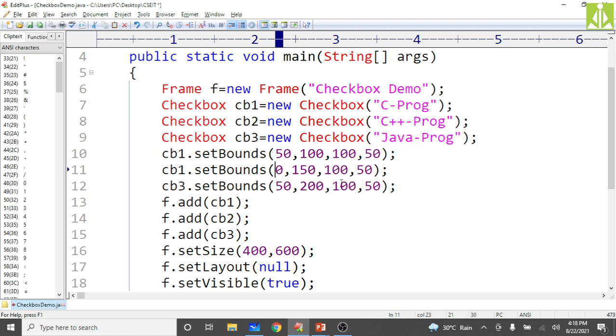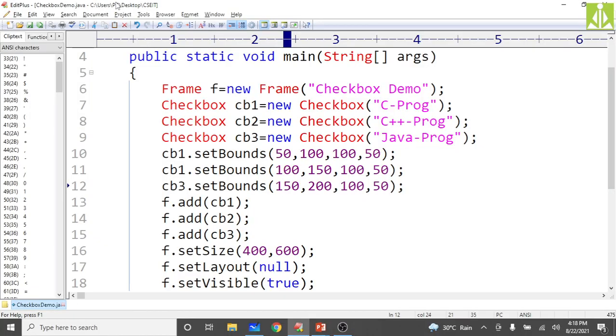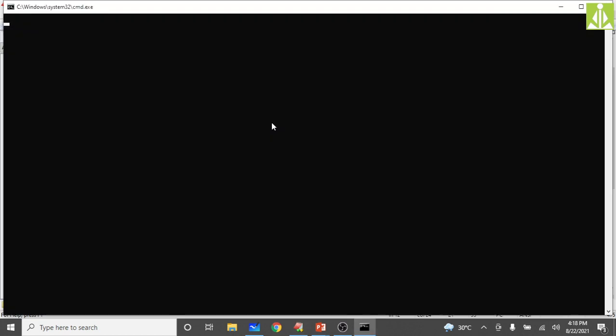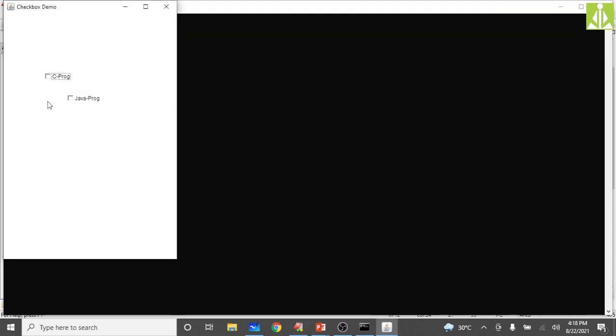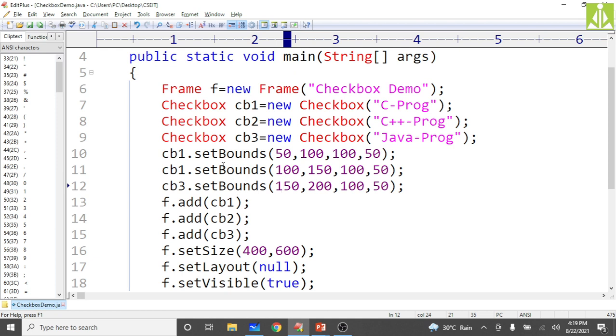Here you put some 100 and 100, here you put some 150, and check now. Tools, compile, done with compilation. Now tools, run. No, still we are not seeing that one. Maybe there is some issue with this one.